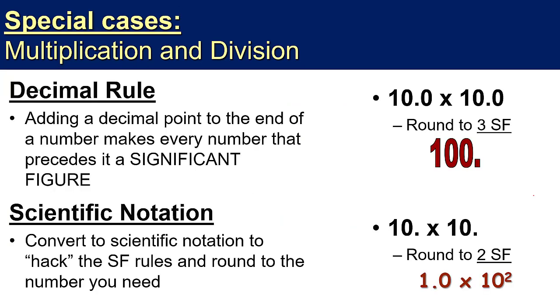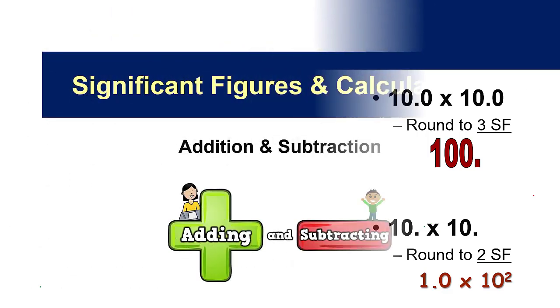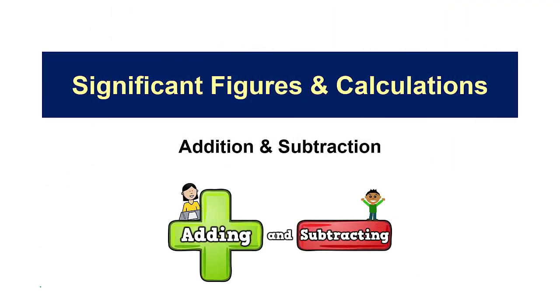So when in doubt, you guys can use the decimal rule or the scientific notation trick to get your answer to the required number of significant figures that you want while still retaining the magnitude of your answer that you need. Now that you guys got multiplication and division in the book, now it's time to throw at y'all addition